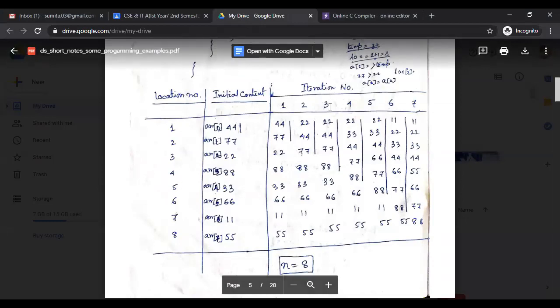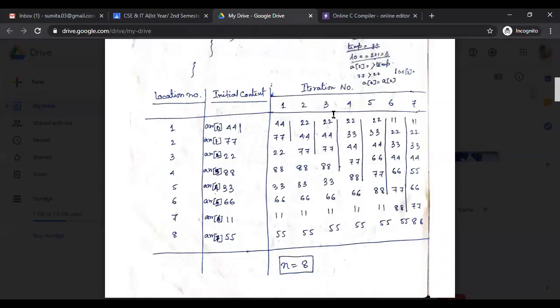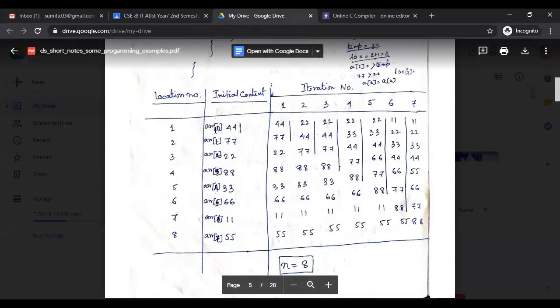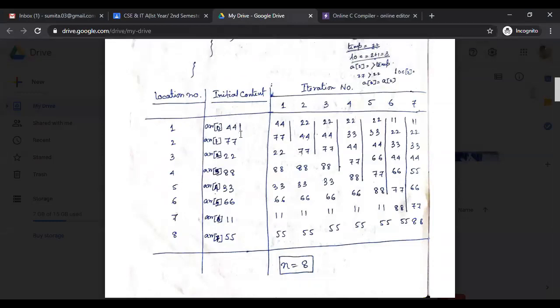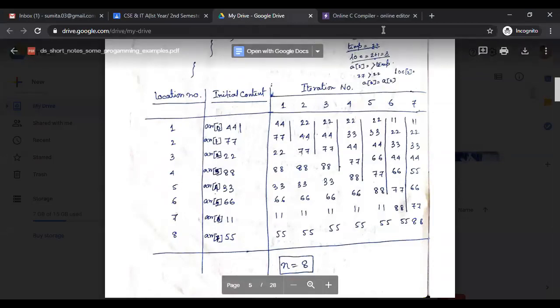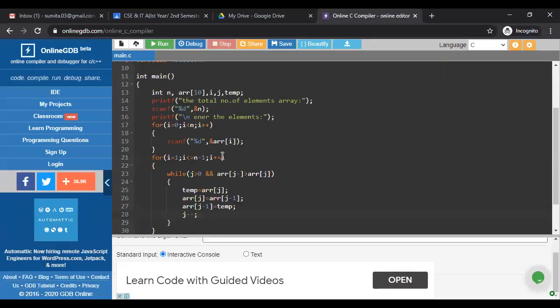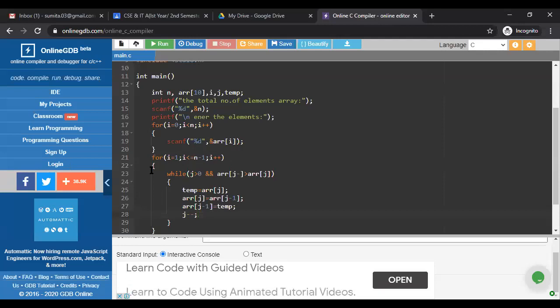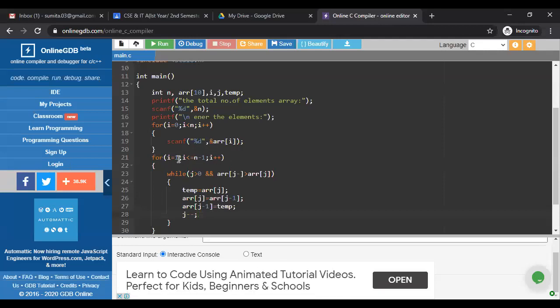Assume that I am inserting one by one. The first time there is only 44, so now a comparison is there. Next, my loop is executed for the first time: i equal to 1, i less than or equal to n minus 1, i plus plus.